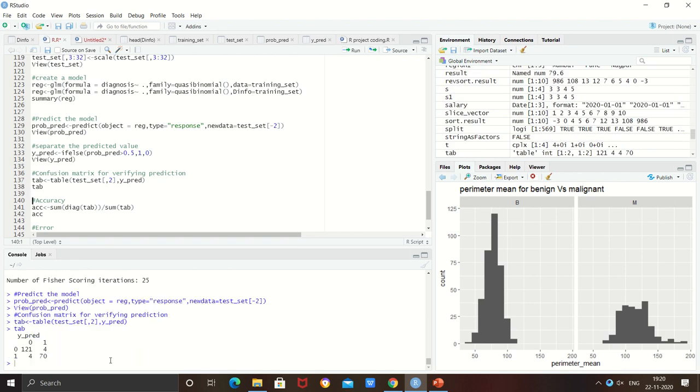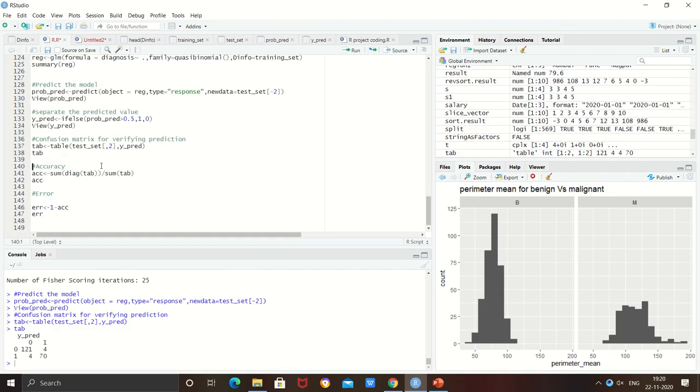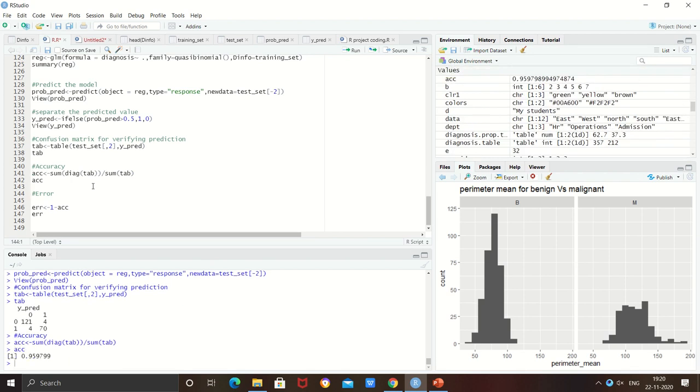Okay, so you can see on the output that we have got the result in the confusion matrix form. Now this brings us to an end, and here we have to check the accuracy for the model that we have built. So here we will check the accuracy. So guys, you can see here that our accuracy for our analysis is 95%.